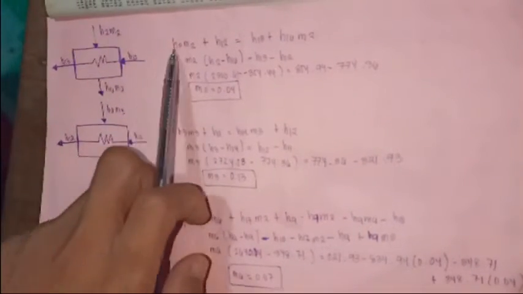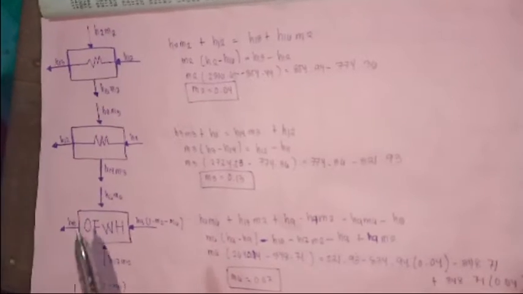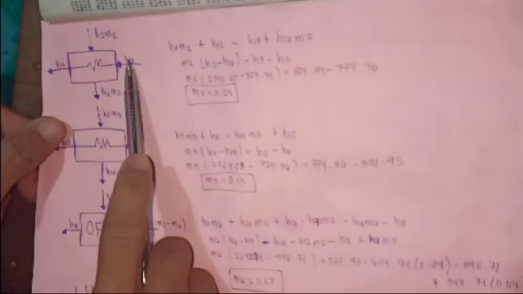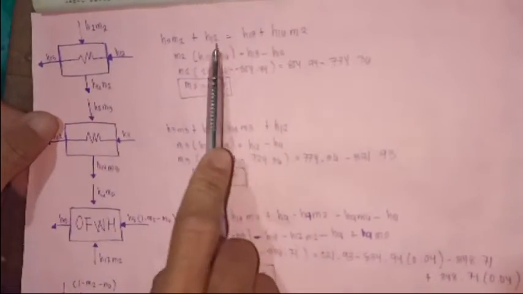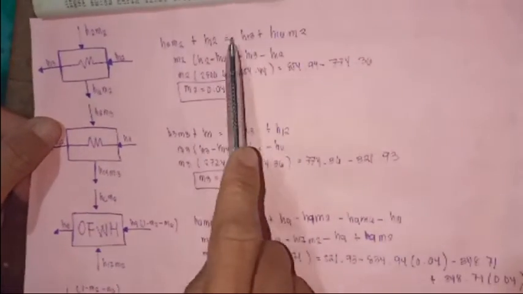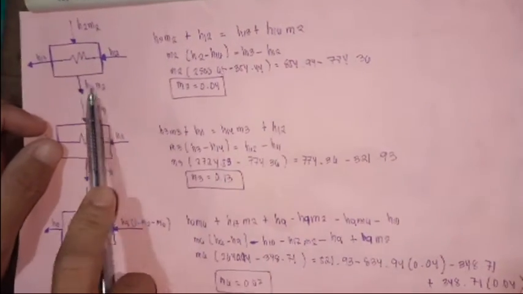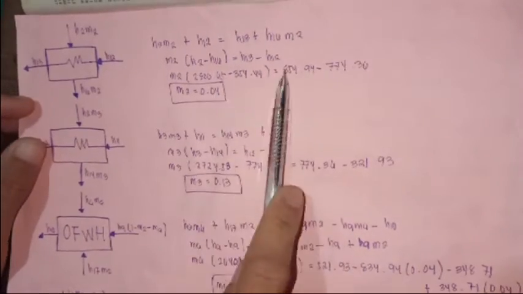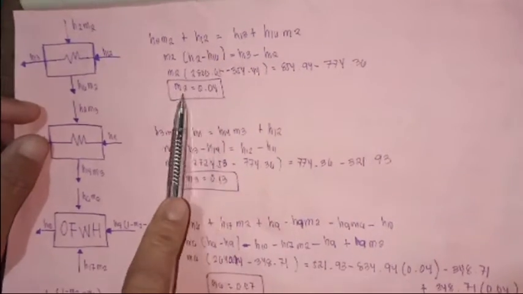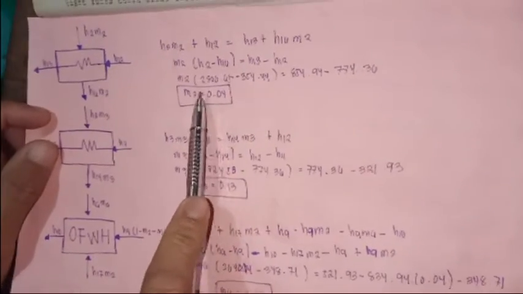So H2 times M2 plus H12, which is coming in, is equal to what is coming out, which is H13 and H16 times mass 2. From the algebraic method, we can get the value of mass 2 is equal to